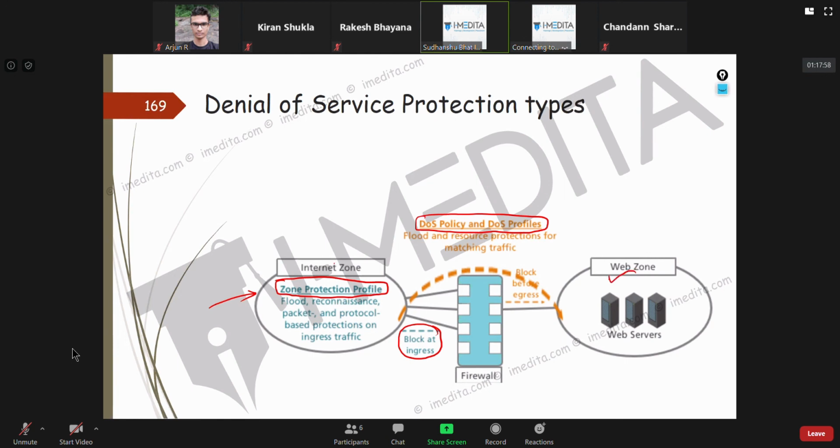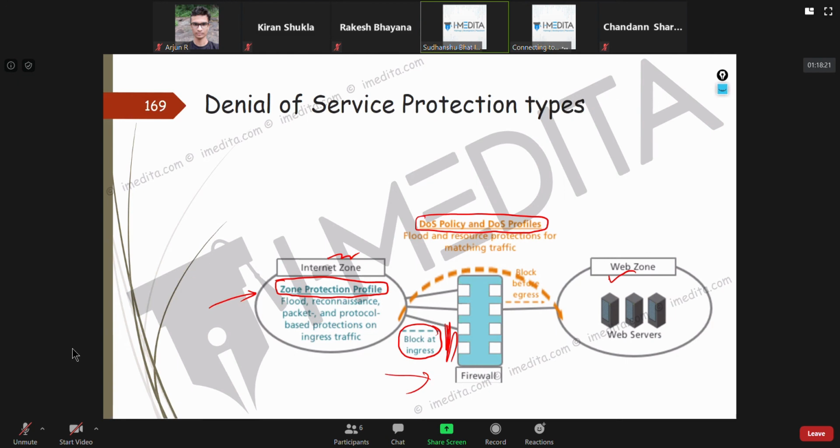Suppose somebody is coming from the internet zone, and even before they go to the web zone, we just want to block them incoming if they go beyond the threshold. Then you apply a zone protection profile.